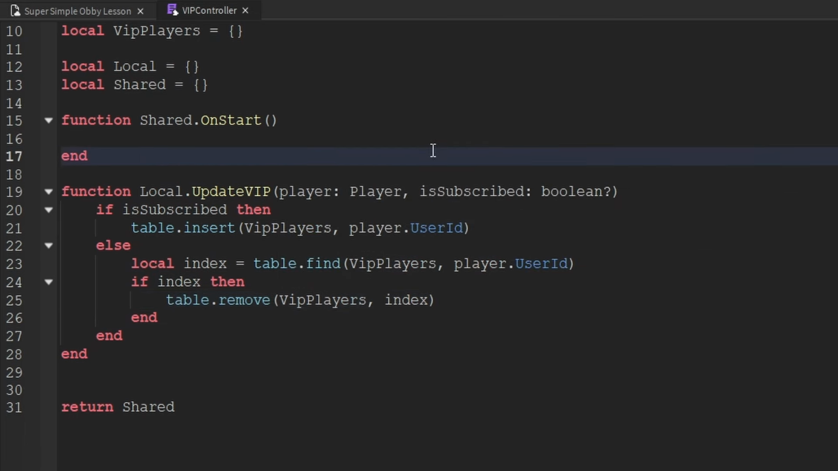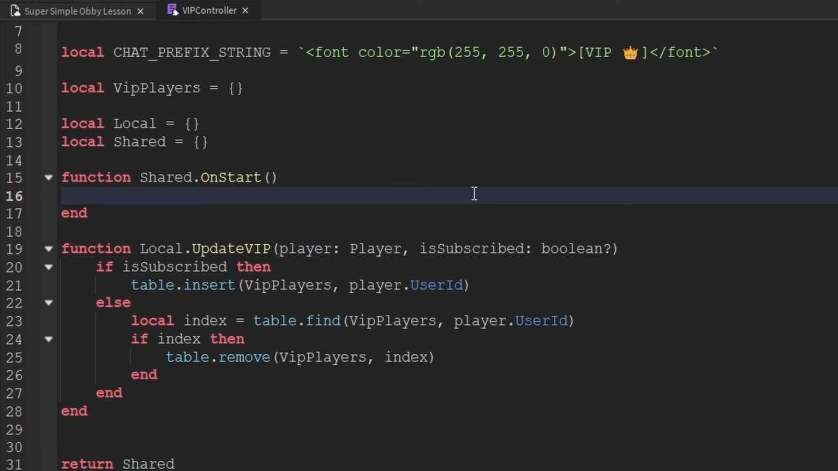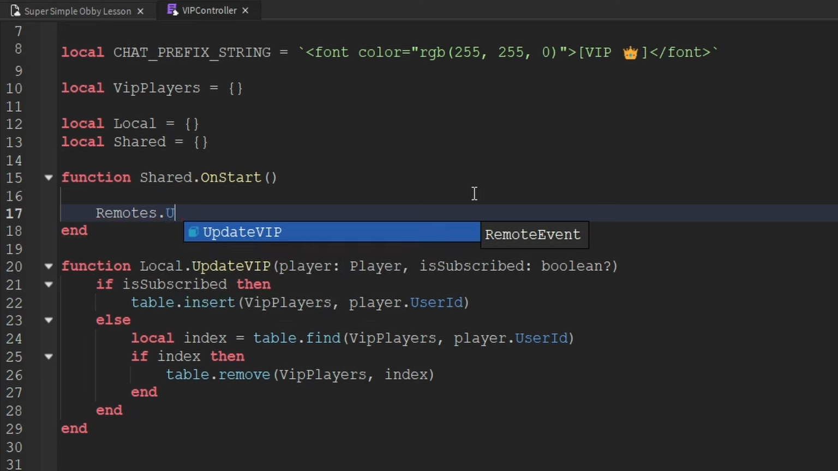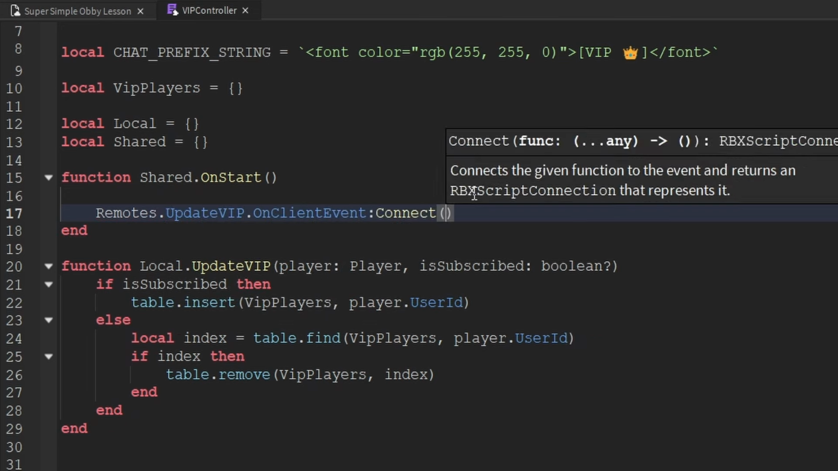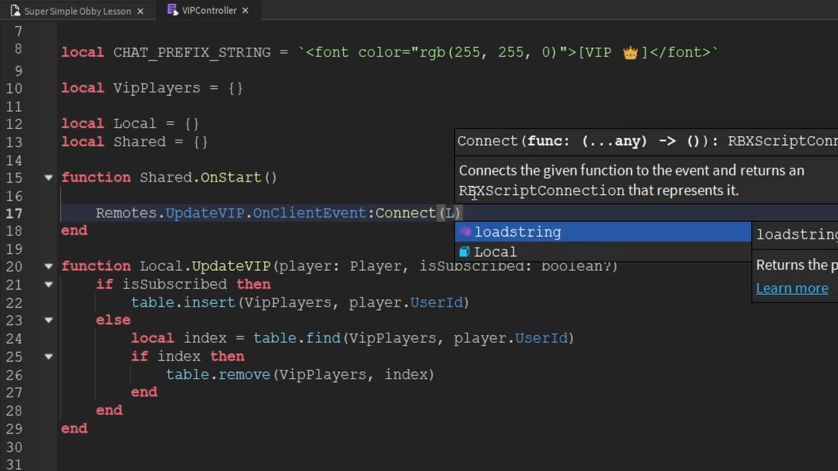And now we can go back to our onStart function and actually set up when we want to use this function. Now there's actually a few times when we want to use this function. The first time that we want to use this function is when the update VIP remote is actually fired off. So we can go ahead and say .OnClientEvent, and then we'll say :Connect, and then actually connect this event to